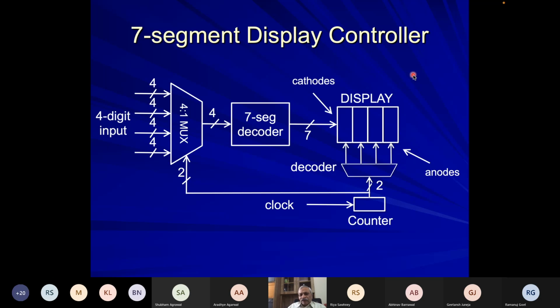Okay, so the difference is as follows: if you have this hardware, then you simply need to output 4 digits, whatever you want to display, and this logic will keep taking its counter, keep on refreshing and keep on doing that. So when you want to change the number, you change, but between one change and the next change, you don't have to do anything. On the other hand,